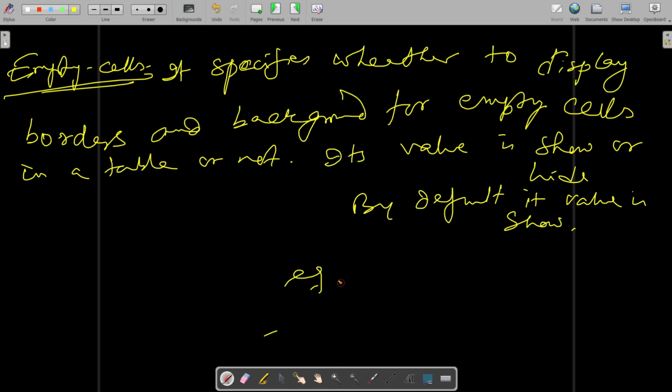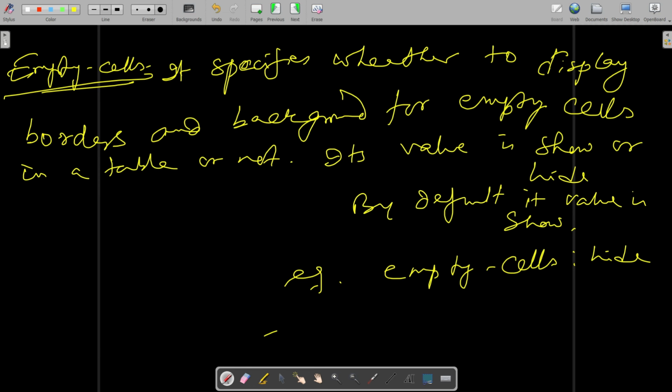Example: empty cells, colon, suppose hide, then you write hide. If you don't mention anything, it will by default take show. But if you want to mention it, you do like this.